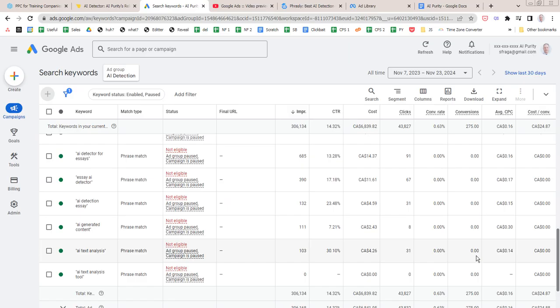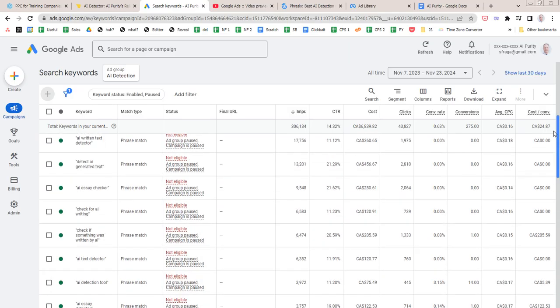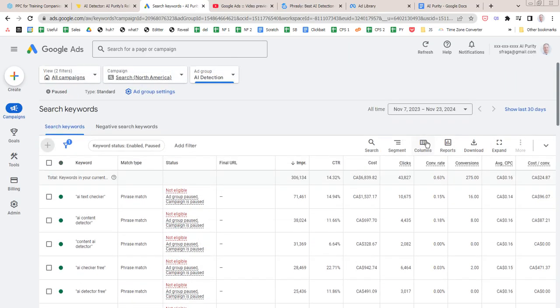Then the other issue is your quality score. So let me just go to the top here to start at the top. The quality score is a factor on which your price is going to depend for these ads. If you have a poor quality score, that means you'll have to pay more for your ads to appear in a certain position.